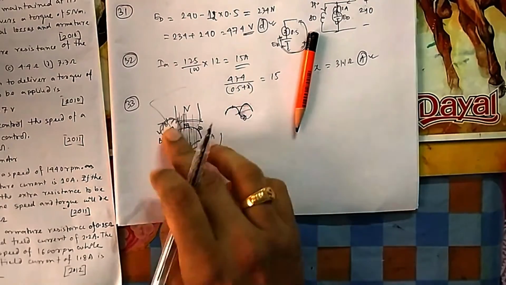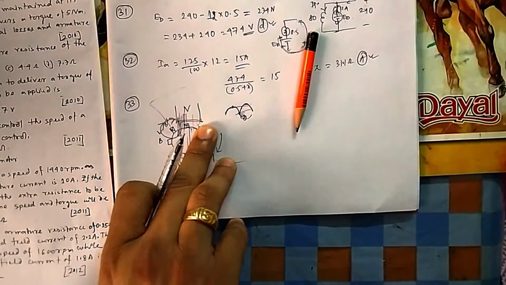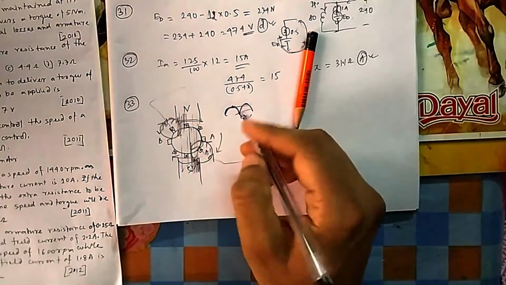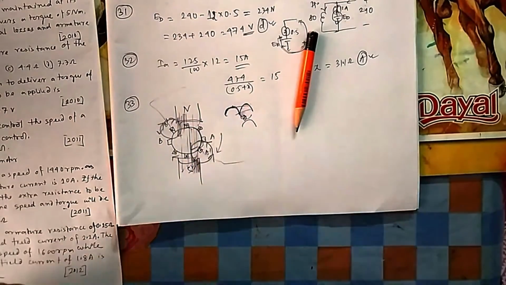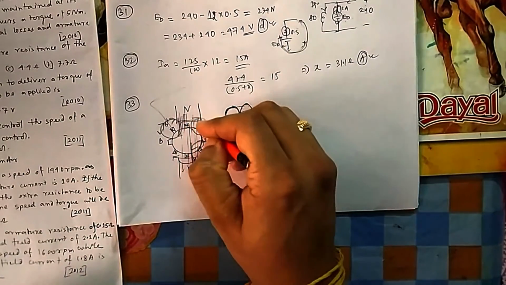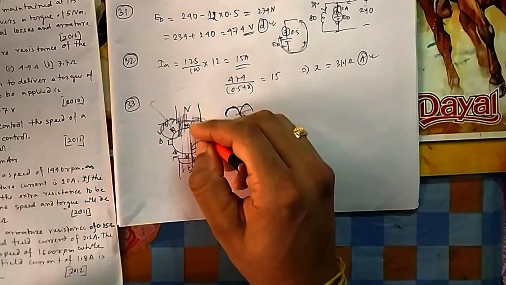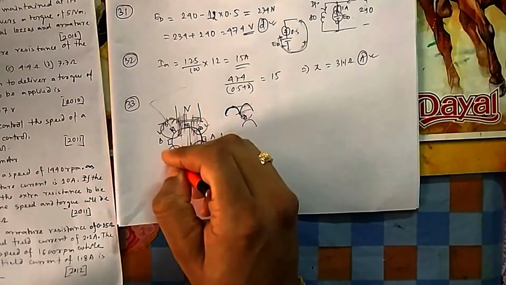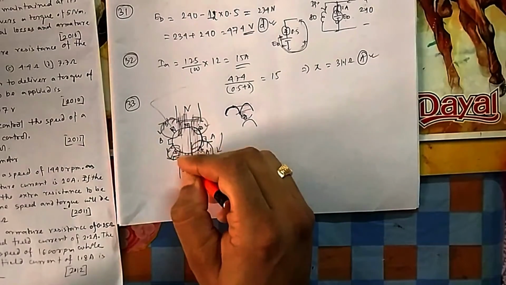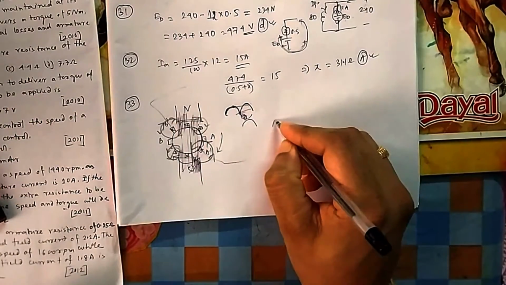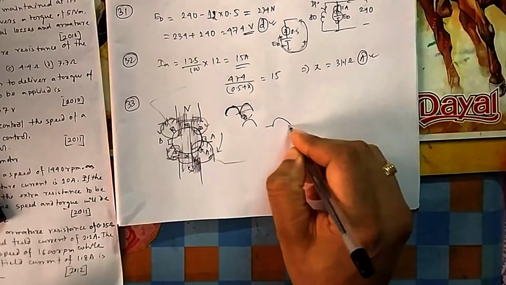And if you see at the end, after some time B dash will come here. At the end of this first one half, what will happen at the end? At the end you will see, if you mark it again here, the direction is same, but here you can see it is opposing, so it will reduce this side. Here also if you mark this one, it is same, but here you can see this is opposing. This is the field and here it is opposing. So this leading side will have more magnetic field. So the starting of the waveform will have more EMF than the ending.